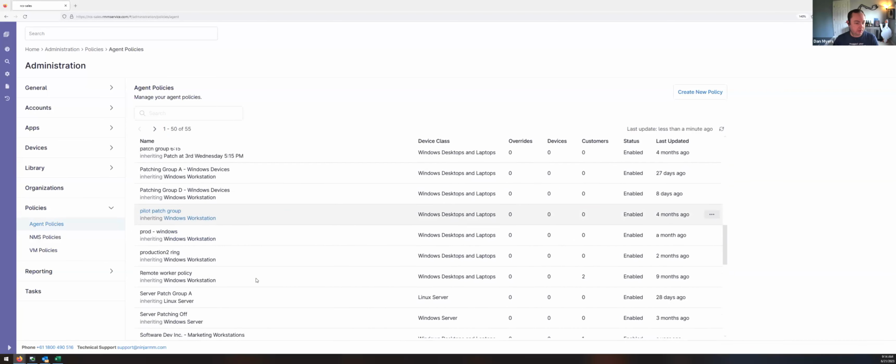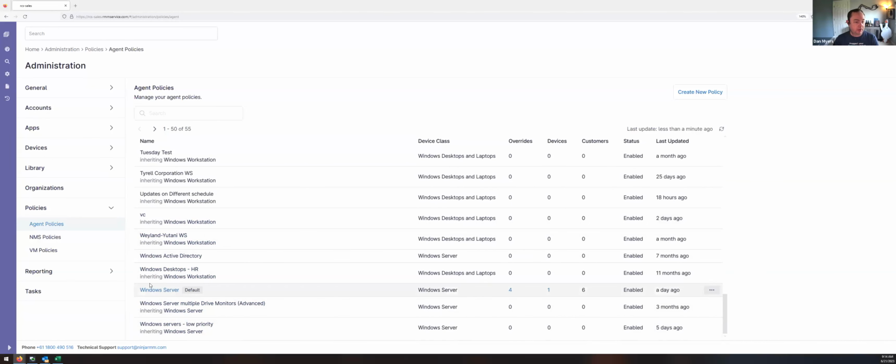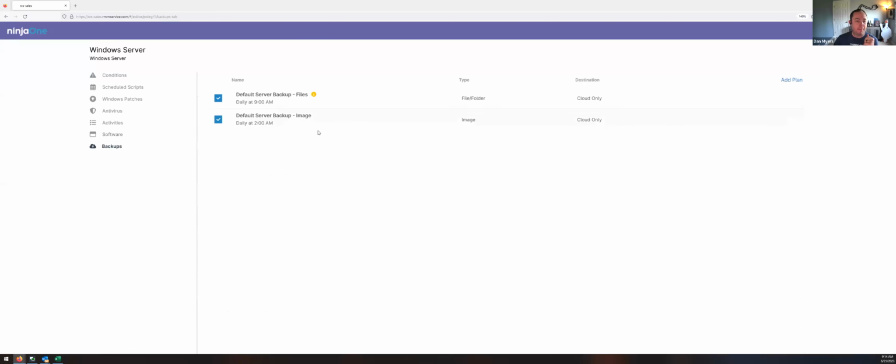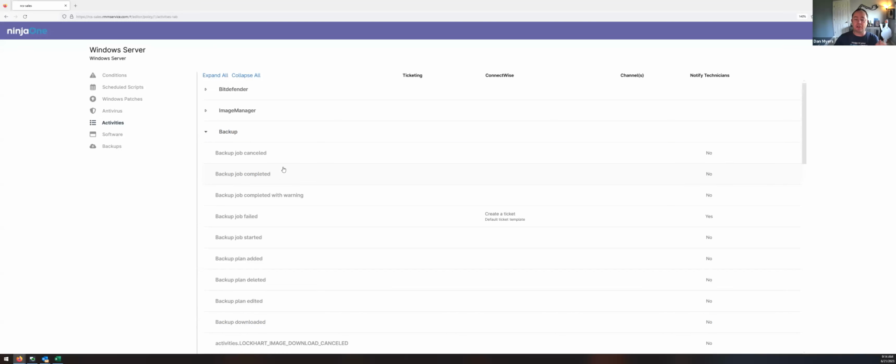One of the things that I really like to make sure I recommend, though, is I got to find my root ones here. Yep, here we go. Windows Server default. So this is the root, right? Policies will inherit from this. Even if you aren't scheduling a backup to run at your root policy, you should be setting your activities to do alerting here. This makes sure that if your what to back up and when policies are way down the line of an inheritance of policy, you're making sure at the root level, though, when a backup job completed